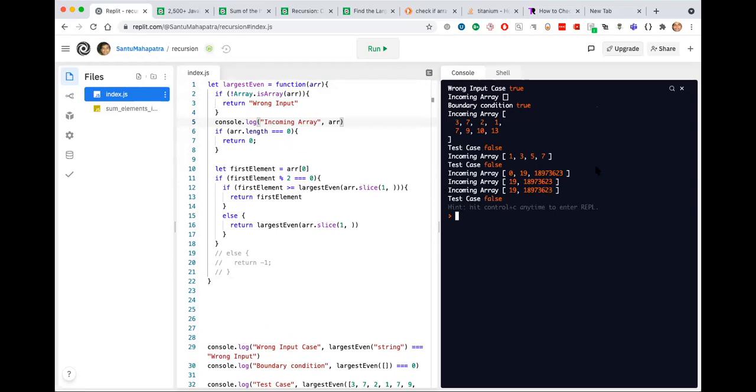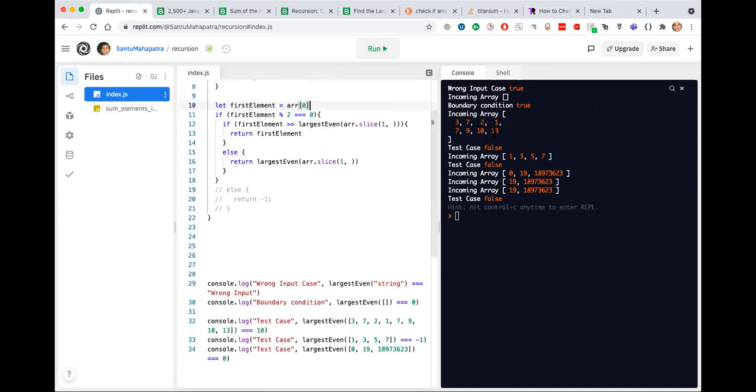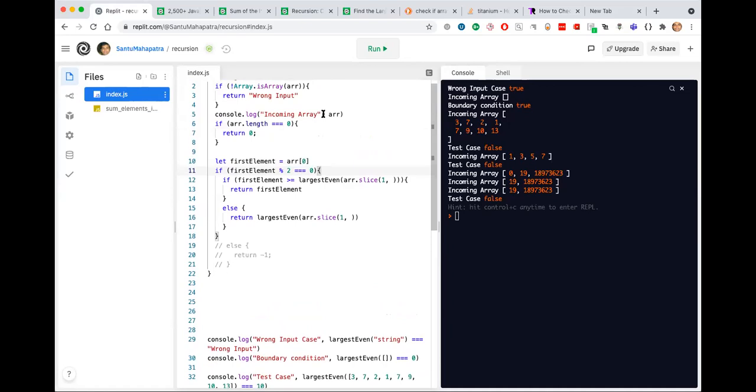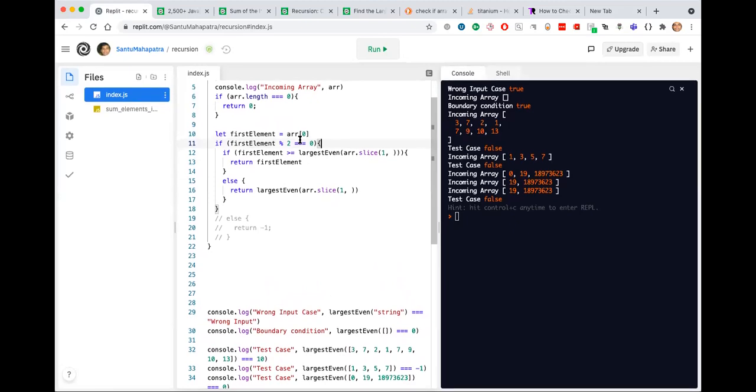Okay, the incoming array is 3, 7, 2, 1, 7, 9, 10, 13. The test case answer is false. Let's try to see what happened. This is in JavaScript, Ravi.